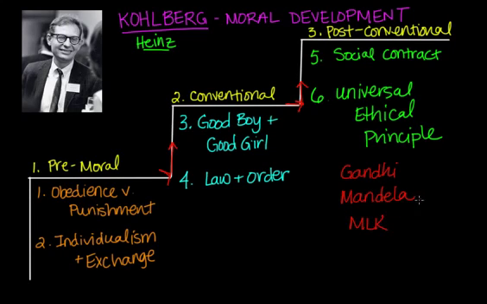There are so many people that believed in these universal rights of equality for all people, even if it went against the law and order of the society at that time. They still upheld this, and they were prepared to pay the consequences that the law would put against them, the restraints. So they are the ones that had the highest level of morality, according to Kohlberg.